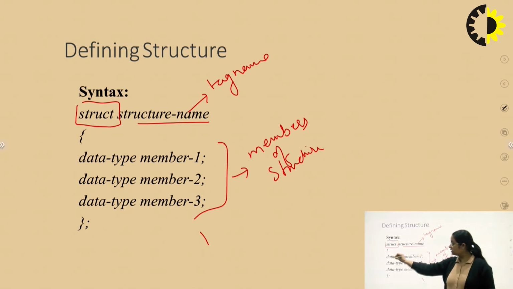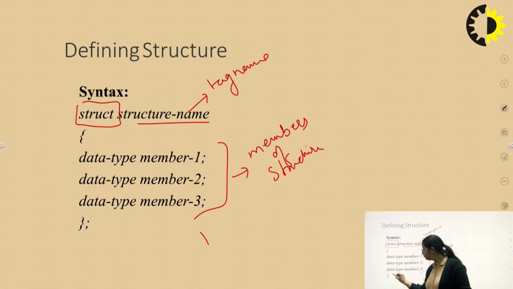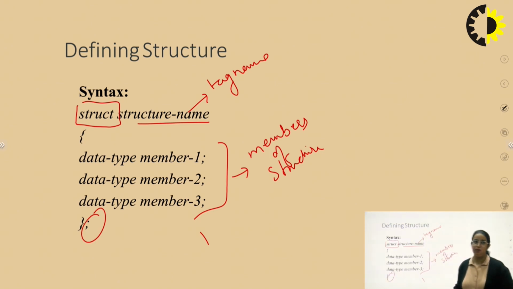This is the area where you define the data type members of your structure. After defining this we have to put a semicolon here.